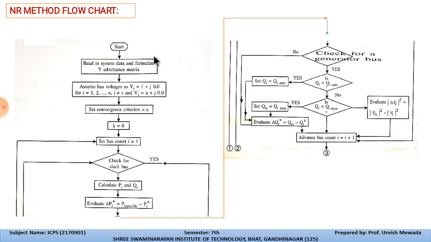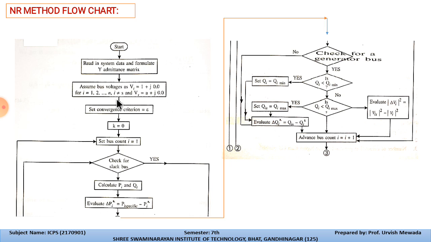From the given data, first of all, the system forms the Y admittance matrix. If the system has 3 buses, then the Y bus will be a 3 cross 3 matrix. So I is equal to YV. From that equation we can form the matrix of the given system, and assume the bus voltage Vi is equal to 1 plus j0, because we have considered the first bus as a slack bus. So that's why the initial bus voltage is considered as V is equal to 1 plus j0